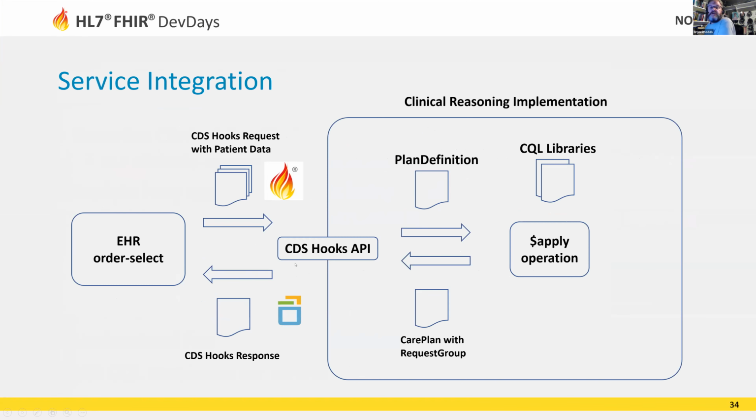So the clinical reasoning module in FHIR is focused on two primary use cases. One is the runtime behaviors. What does the API actually look like? How do you call these things? How do you integrate them? And the concerns with how that call happens and how the processing happens in that request response. And that's all CDS Hooks, and it doesn't say anything about what happens behind that request,